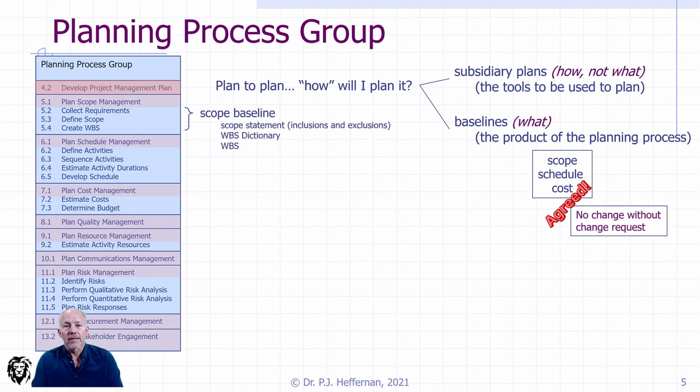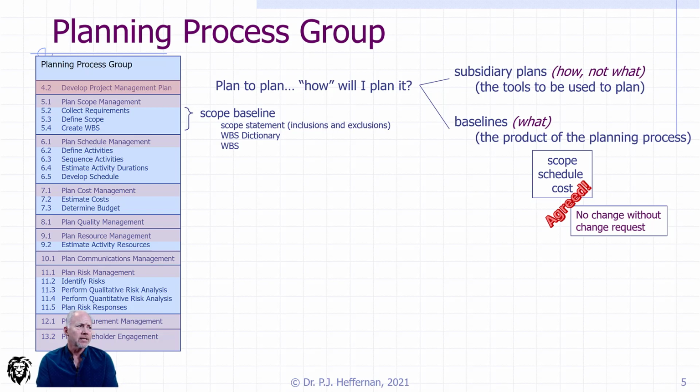So what are these baselines? Let's start at the first baseline, our scope baseline. So that next three lines under plan, scope, management. And this is where we reiterate our scope statement, making sure that we're very detailed as far as what is included in the scope of the project and specifically what is excluded in the scope of the project so that there is no miscommunication whatsoever.